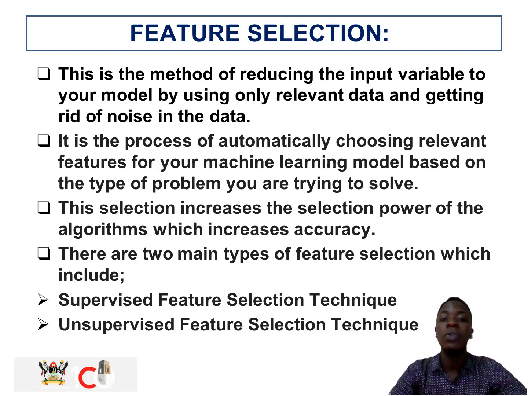This selection increases the predictive power of the algorithms, which increases accuracy. So mainly, feature selection helps us with the accuracy of the project. It helps us achieve that point of accuracy of the system. There are two main types of feature selection. First, you have the supervised feature selection technique, which mainly deals with labeled data,